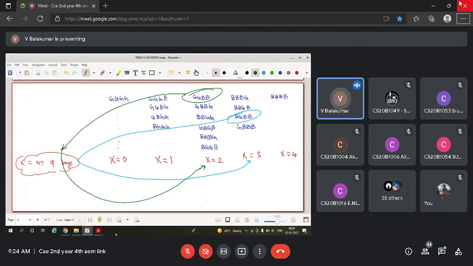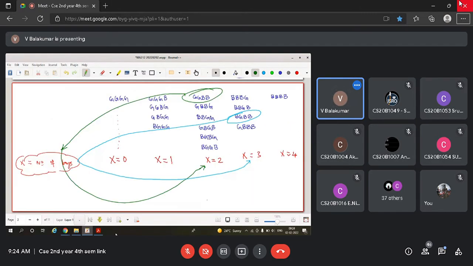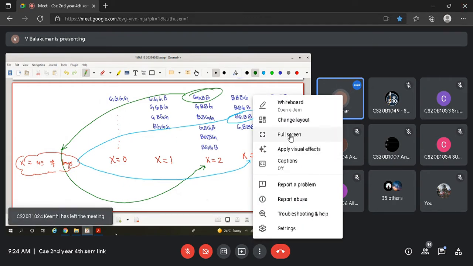So whatever we have written in blue color is recording whether the entry into the canteen is a boy or girl. We have no control over those entering the canteen. Simply we sit and record. There are 16 possibilities. As you have suggested here, we are using product rule and sum rule for counting techniques. And then we are defining capital X equal to number of boys. Our choice. You can define capital Y equal to number of girls. That also you can do.